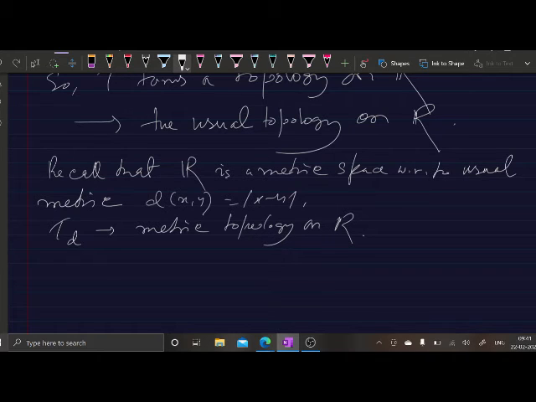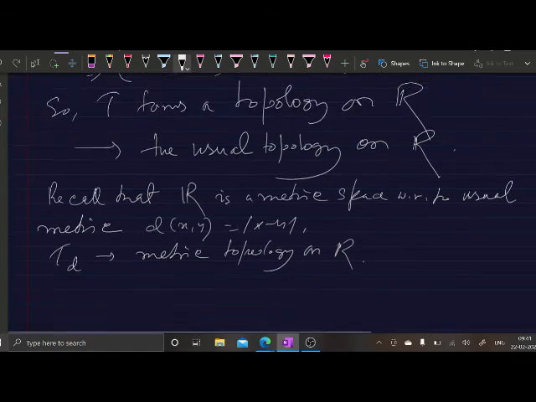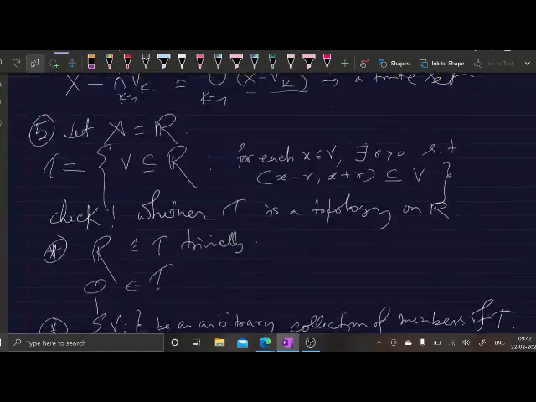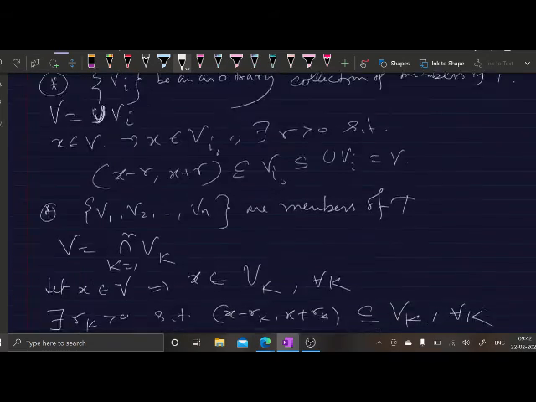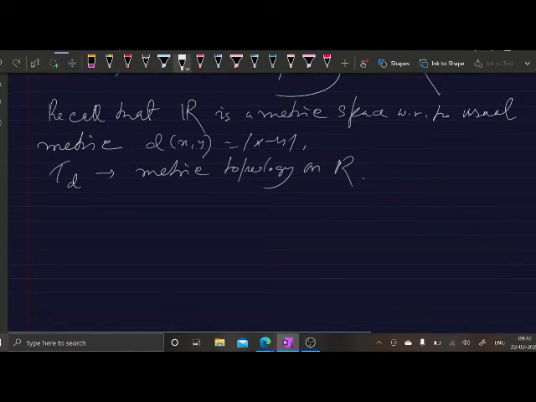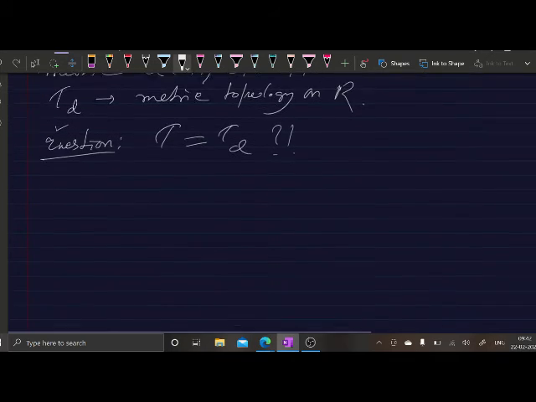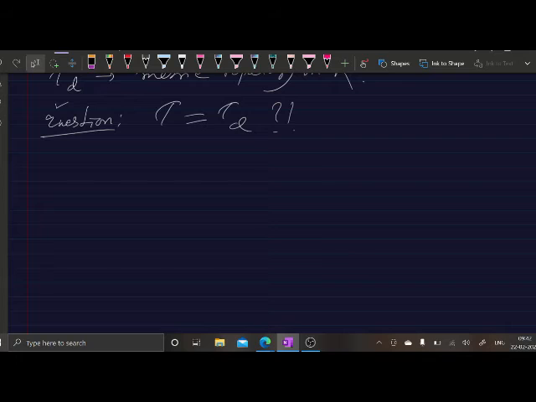So on R you have now two topologies, one is this tau, and another one is this tau d. The question is whether these two are the same or not. ঠিক আছে, এটা যেন সমান কিনা দেখবে।